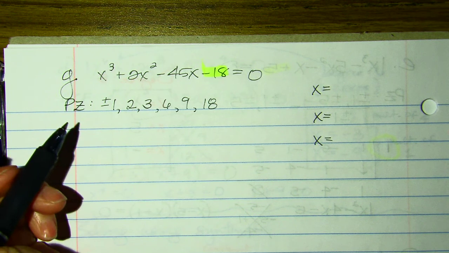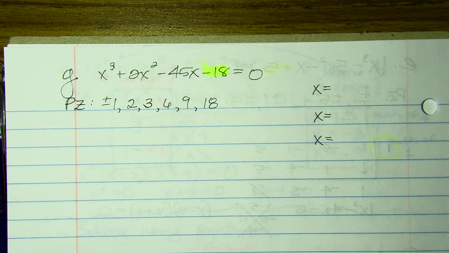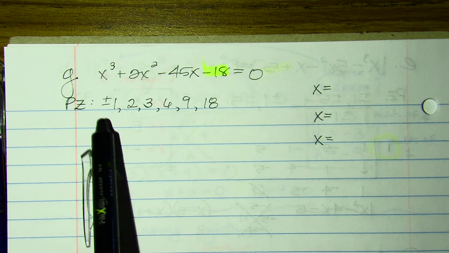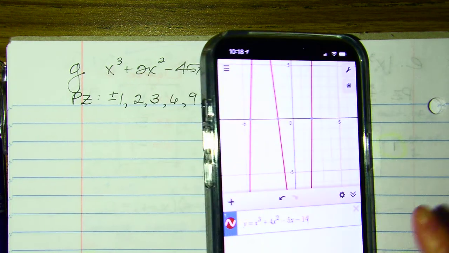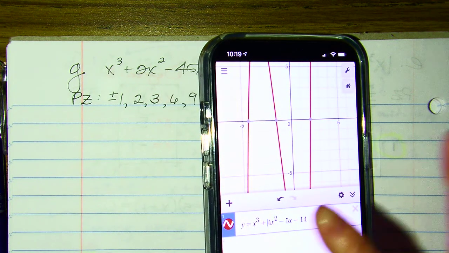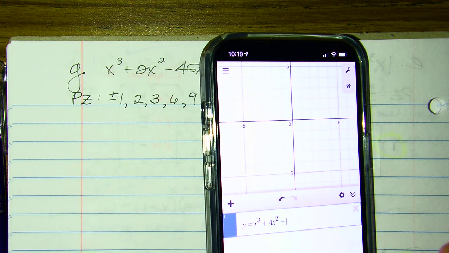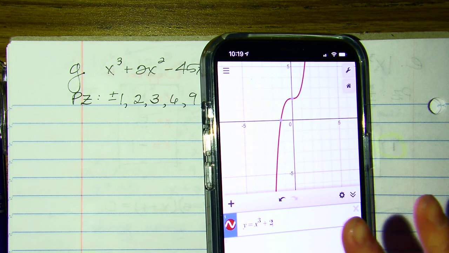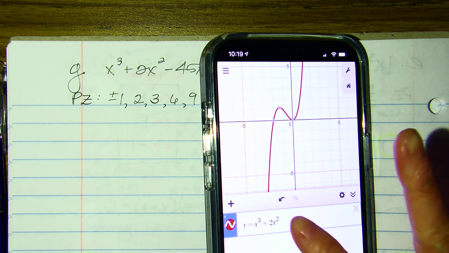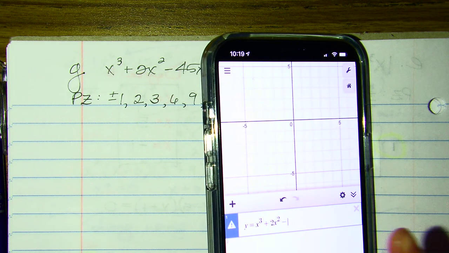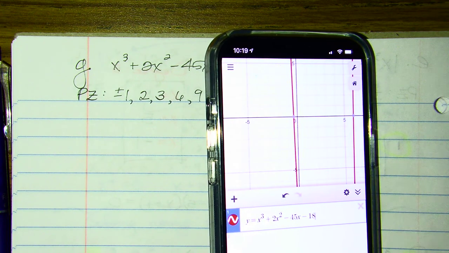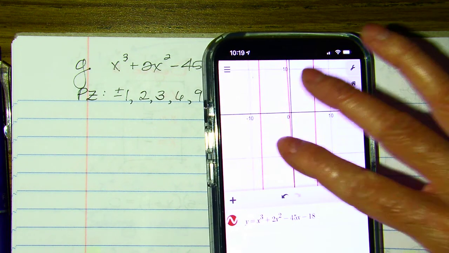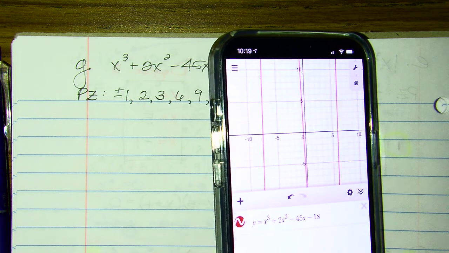So this one is a pain to use. So I'm going to use Desmos because if I use synthetic, I'm going to be here for a long time. So I'm going to go back into my last equation, and I'm just going to change it so that it matches this one. So in Desmos, y equals x cubed plus 2x squared minus 45x minus 18. And so I'm going to zoom out, but I notice I'm looking for where it crosses the x-intercept,